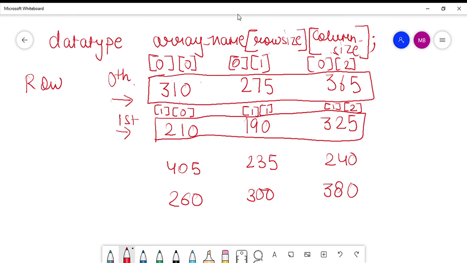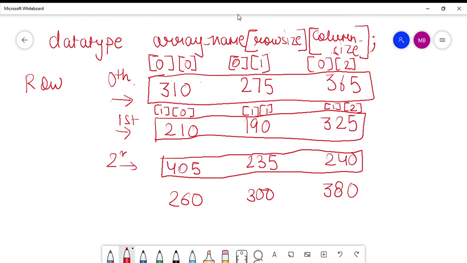Okay. Then moving on to the second row, the second row and the 0th column.